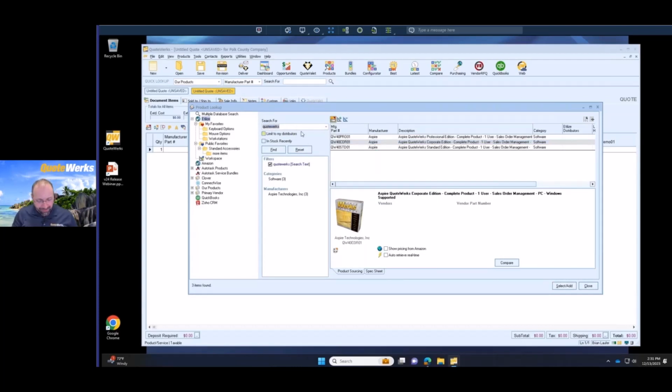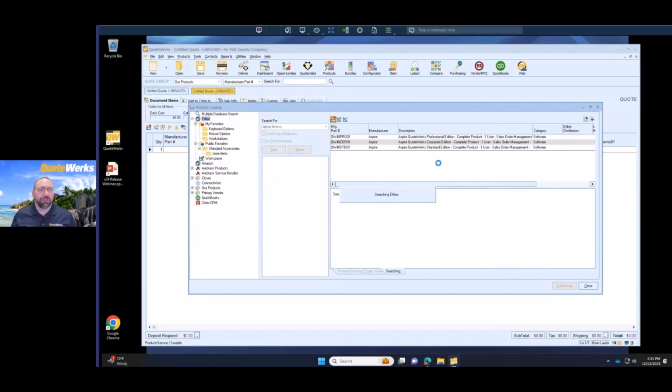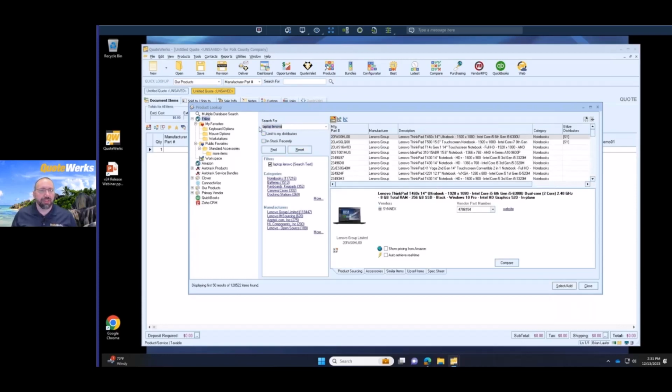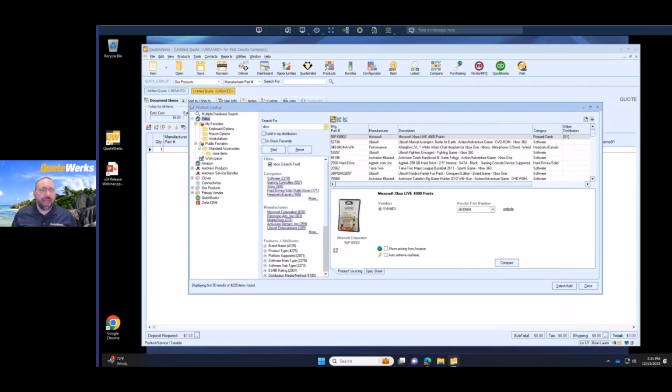But I could also do a search for like laptop, Lenovo. Do a find. Let's go ahead and do a couple of finds here and see what happens. And we'll do maybe an Xbox. And now, if I click on the drop-down list, you'll see my most recent searches. It's pretty awesome. So there's nothing to set up, it just automatically happens, and it'll show the most recent searches